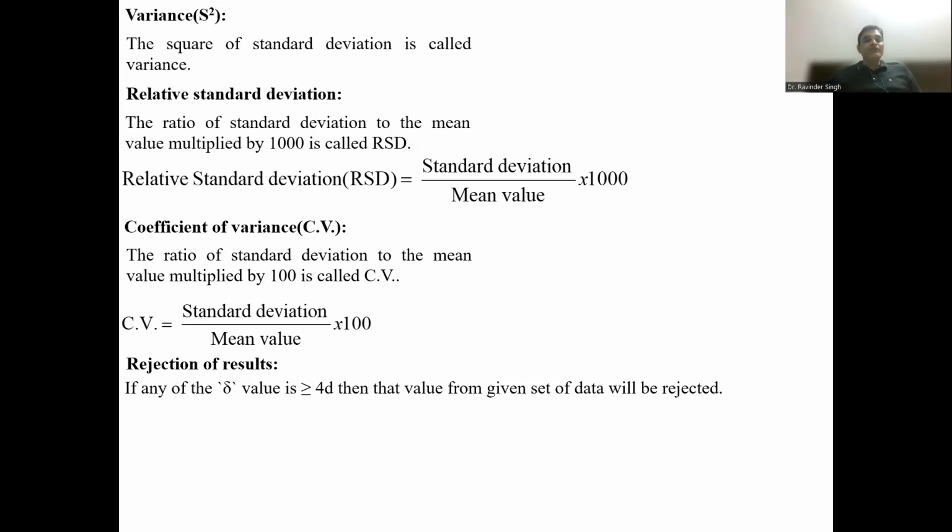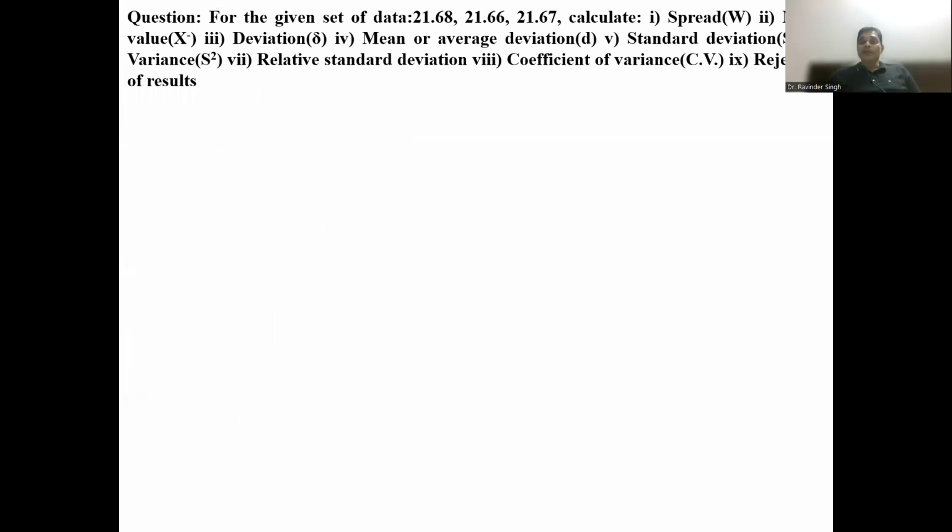Rejection of result means if any of the delta value is greater than or equal to 4D, then that value from the given set of data will be rejected. हम किस वैल्यू को कहेंगे कि that value rejected, that data जो आपके पास कंप्लीट डाटा होगा उसमें सिर्फ हम उसी वैल्यू को रिजेक्ट करेंगे इफ द डेल्टा वैल्यू इज ग्रेटर देन और इक्वल टू 4d। हम ये प्रूव भी करके दिखाएंगे आपको न्यूमेरिकल के अंदर। ह्यूज डेविएशन, the deviation of the rejected values is called as the Hughes deviation। अब हम लेंगे न्यूमेरिकल, जैसे मैंने आपको पहले बताया कि हम न्यूमेरिकल्स डिस्कस करेंगे।